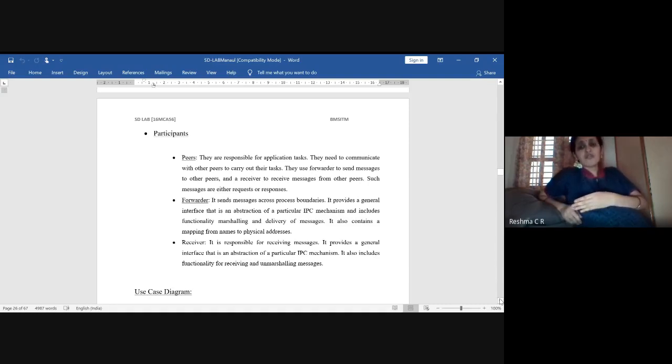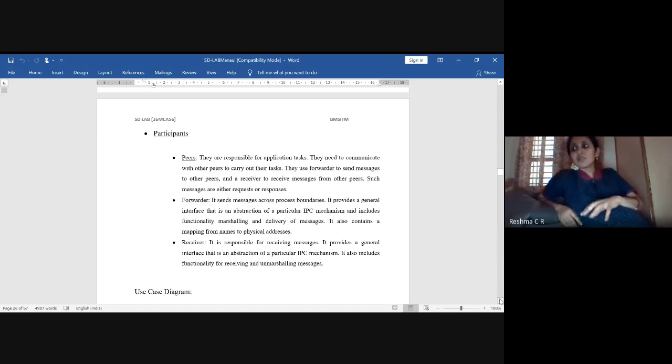So the forwarder is responsible for managing all the different clients. It will identify and send the messages to all the different peers. The forwarder has its own boundary and its own interface.